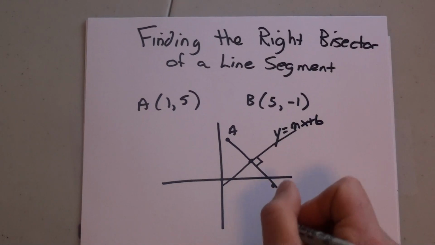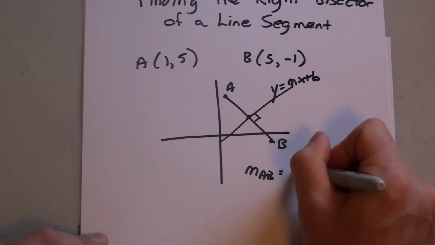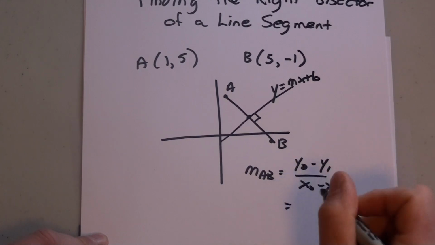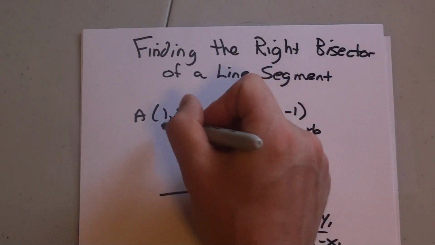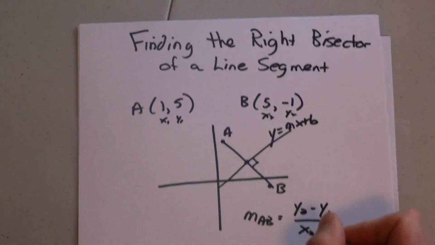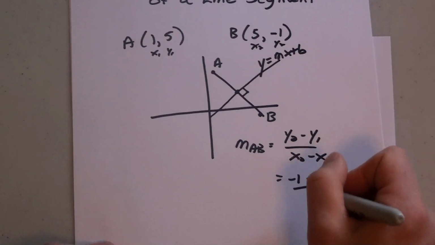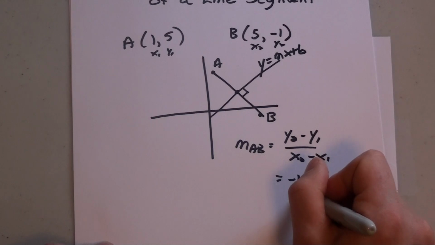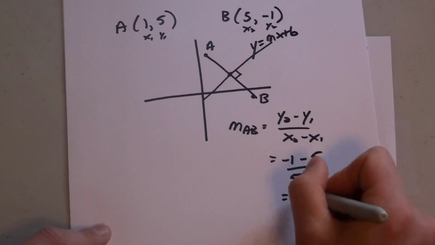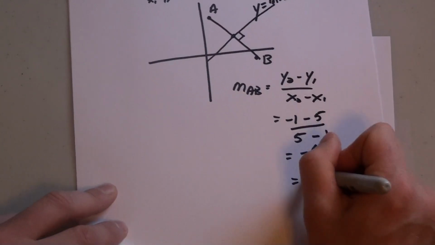So let's find the slope of AB. I'm going to use y2 minus y1 divided by x2 minus x1. I'm going to put in my coordinates, so I have x1, y1, x2, y2. Put those coordinates in. I'm going to have negative 1 subtract 5 divided by, my x2 is 5 subtract my x1 is 1. So I'm going to have negative 6 over 4 as my slope, which can be reduced down to